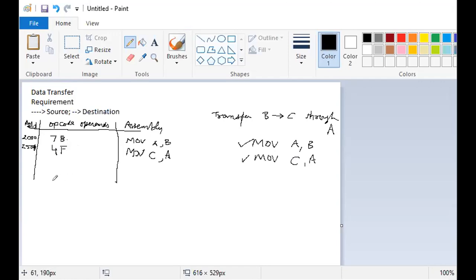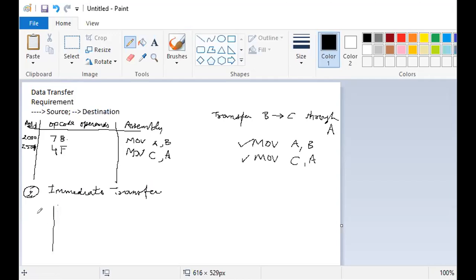Let's see some more examples. This is an example of a register to register transfer. Let's take another example. The second example is an immediate transfer. I wish to make use of the immediate addressing mode, and I want to write a program wherein I will be moving the immediate data into the accumulator and then transferring it to some other register.